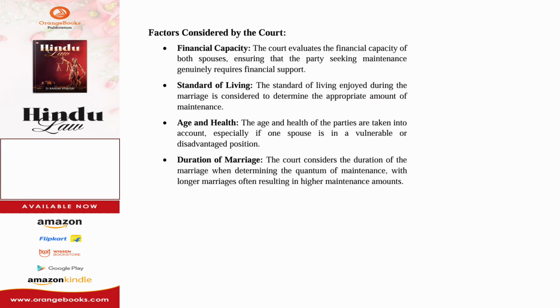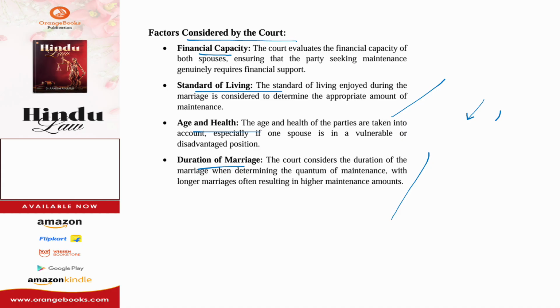The factors considered by the court before deciding the maintenance amount are the financial capacities of both the spouses, standard of living, the way of their life, and age and health of the spouse who is providing maintenance and also receiving it, duration of the marriage, the number of years they cohabited with each other. Apart from that, educational backgrounds of husband and wife, their earning capacity, all other factors in present days are considered